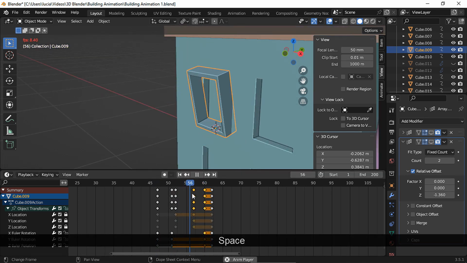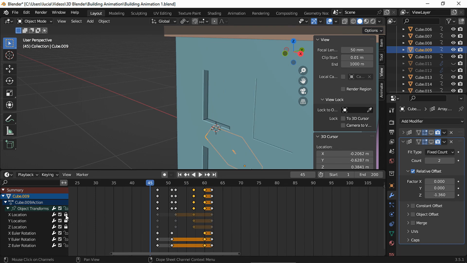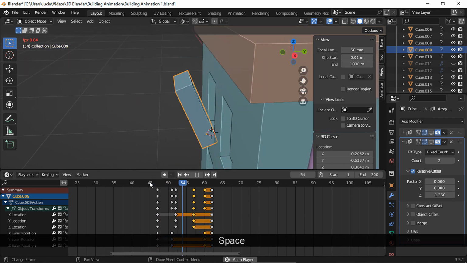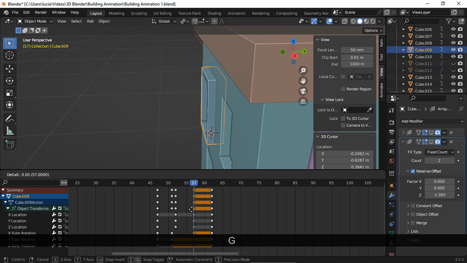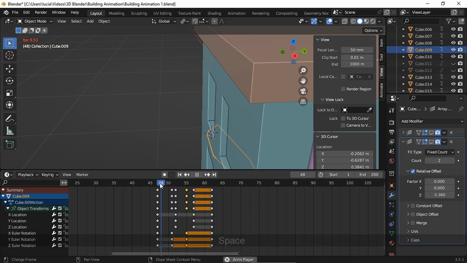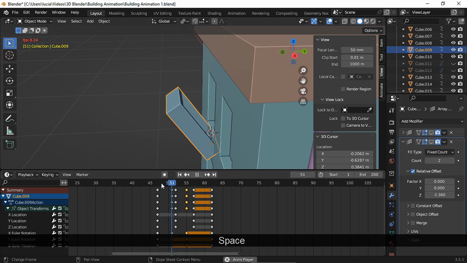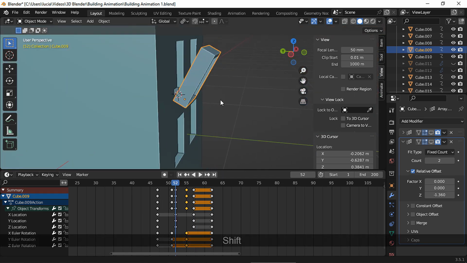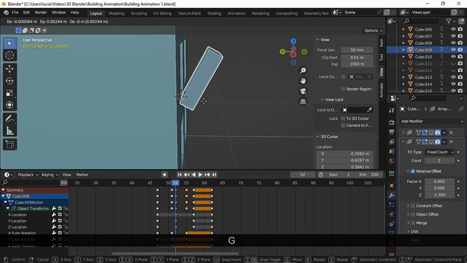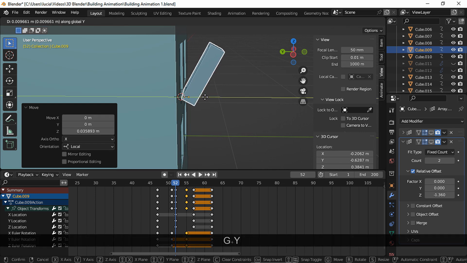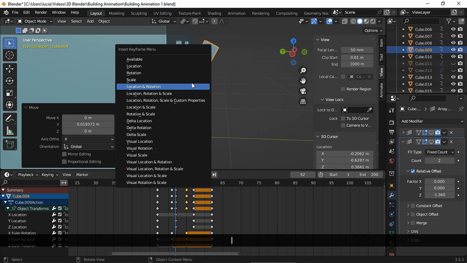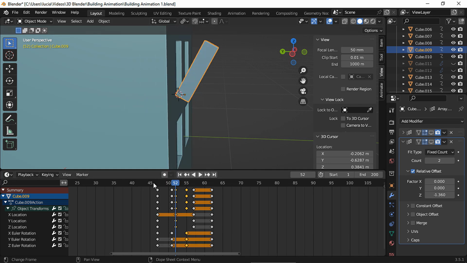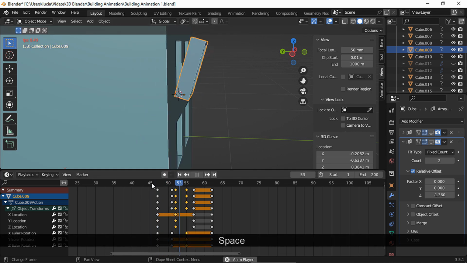Let's see. And here we have the overall animation. And let's see a few subtle variations. You could move these rotation keyframes to frame 55, for example. Let's see. I'm gonna make some touch-ups to this keyframe, move it up a bit on the local Z-axis, move it on the Y-axis to take it a bit closer to the building, and remember to set a location keyframe. Let's see.